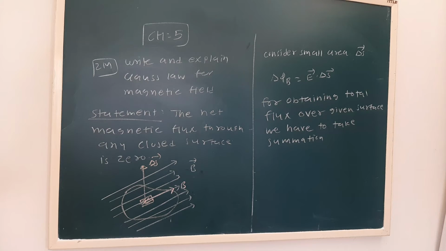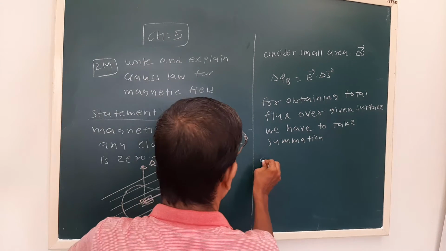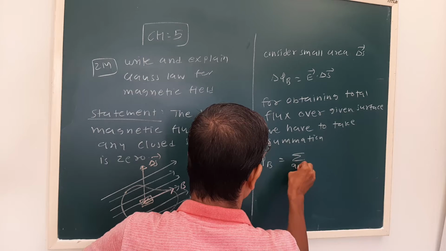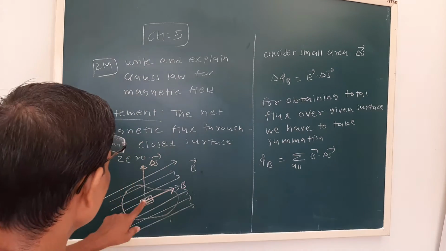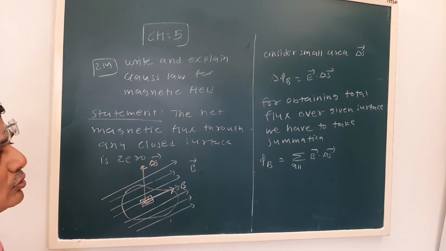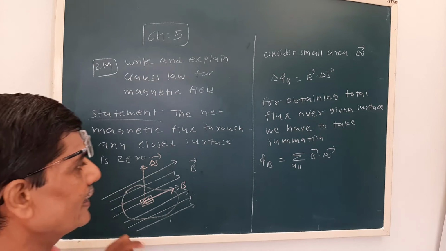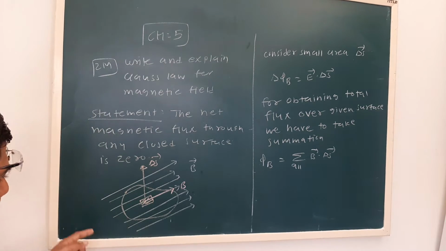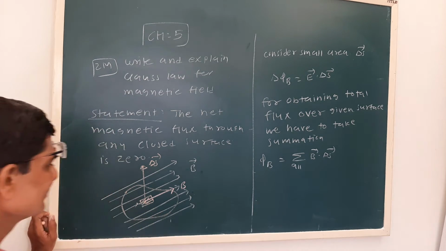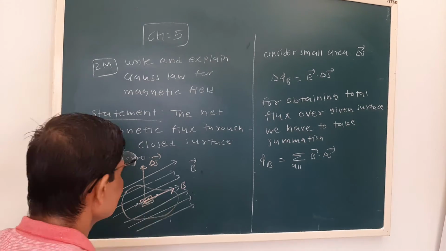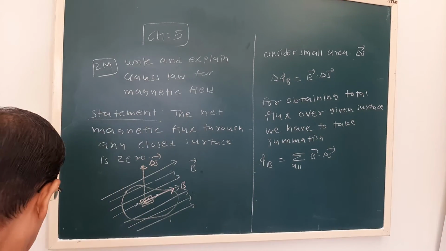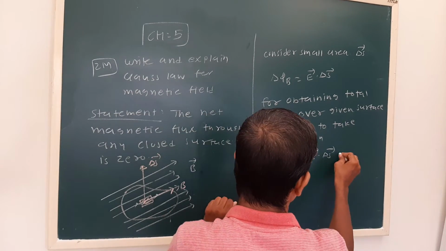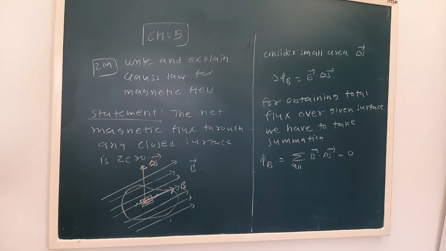Now see, when we take the summation, flux phi B is sigma all B dot delta S. What is sigma all? See, we consider a small section. If I were to calculate flux through the whole surface, then we have to add these. But see the Gauss law, as I told, here we can see a small line, one line is entering through this small delta S surface, and the same number of lines come out. So the flux through the total surface is equal to 0.